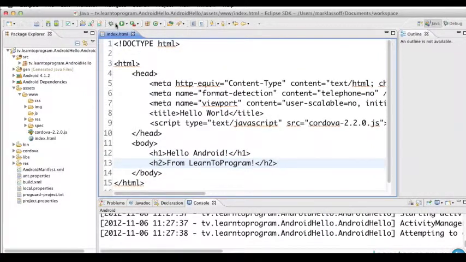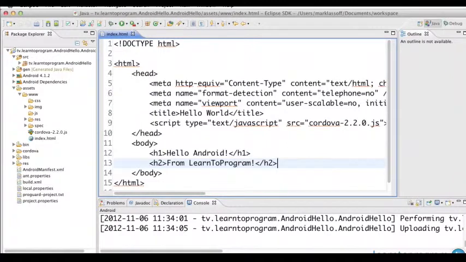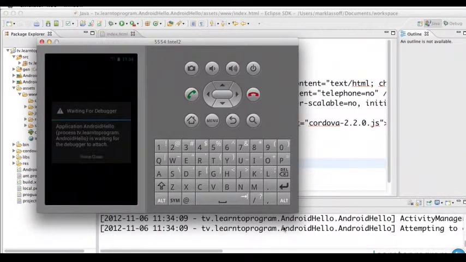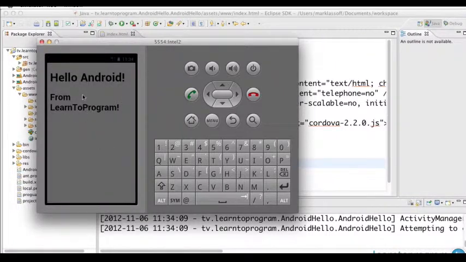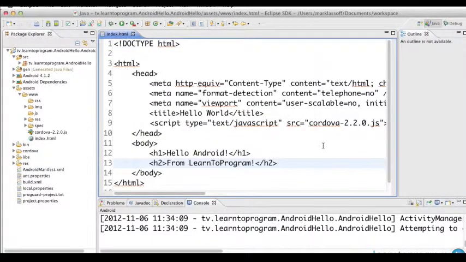All right, so let's go ahead and again use our Android Hello debug configuration. We're going to choose the running emulator, and let's pop that back up here. And in a moment, you'll see our application will start, and there's exactly what we told the application to do. Display Hello Android from Learn to Program. So you can see it's fairly easy to set up an application using the PhoneGap framework for Android. And in this segment, we